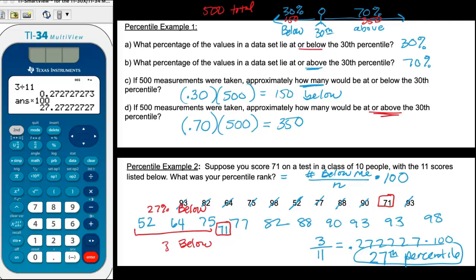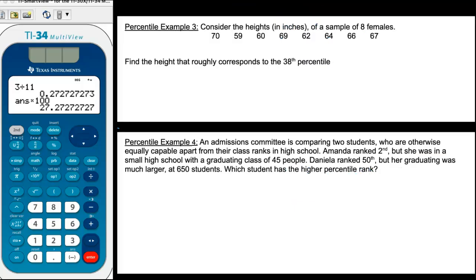Okay, and then the other, so 100 minus 27, or 73% of values, are going to be above me. So I didn't do that great on the test compared to other students, is what this shows. For the next example, we're going to look at the heights in inches of a sample of 8 females. We're going to find the heights, this is a little different than the last example, that corresponds roughly to the